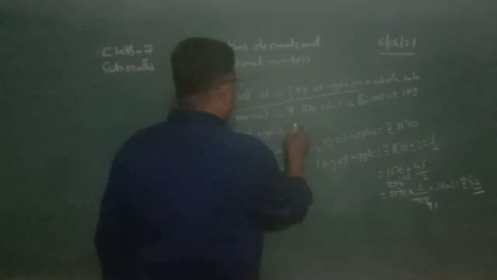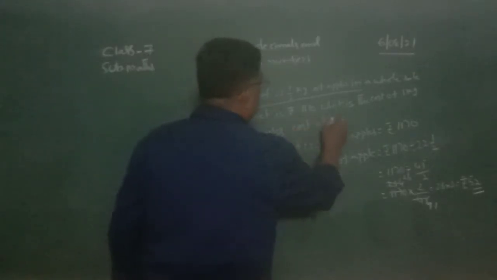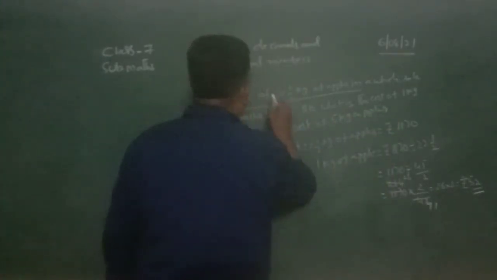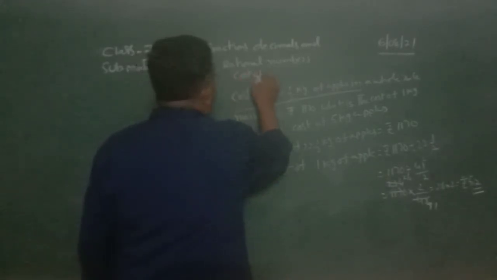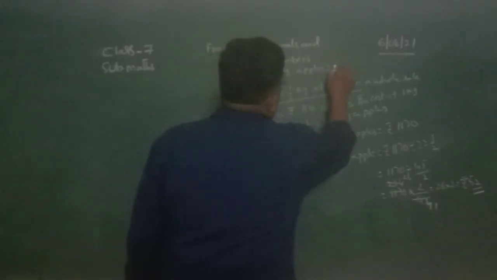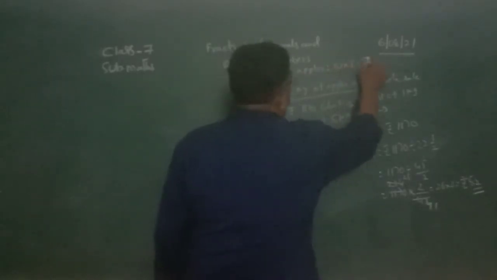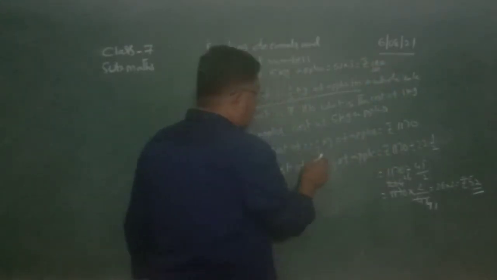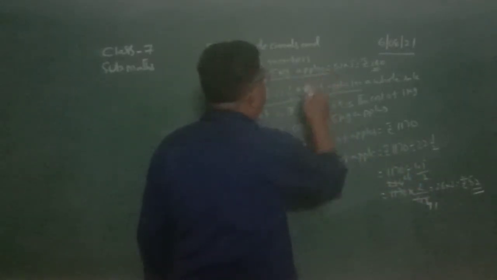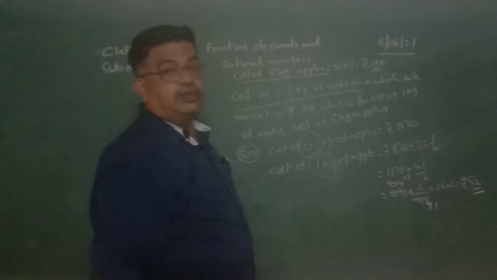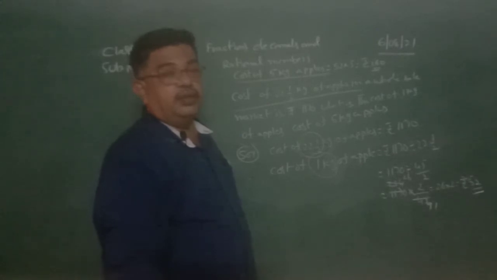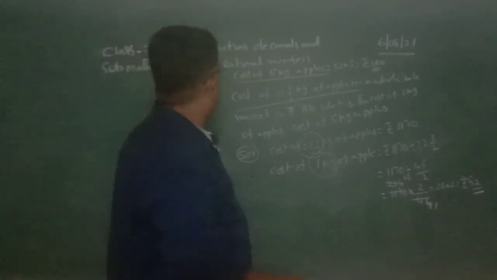And you can find the cost of 5 kgs of apples. So I'll write here, cost of 5 kgs of apples is equal to 52 into 5, rupees 260. So first they gave the cost of 22.5 kg, I found the cost of 1 kg of apples, and then finally I found the cost of 5 kgs of apples. So here we did the division and then we multiplied. So both division and multiplication are present here.